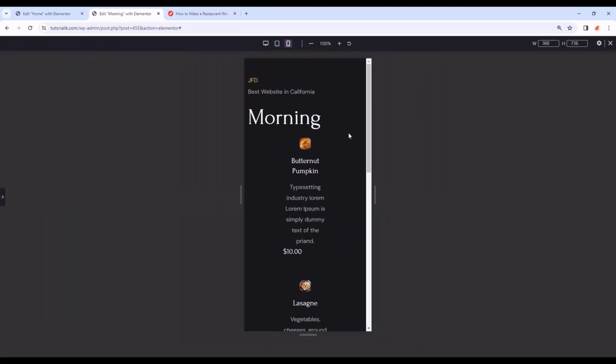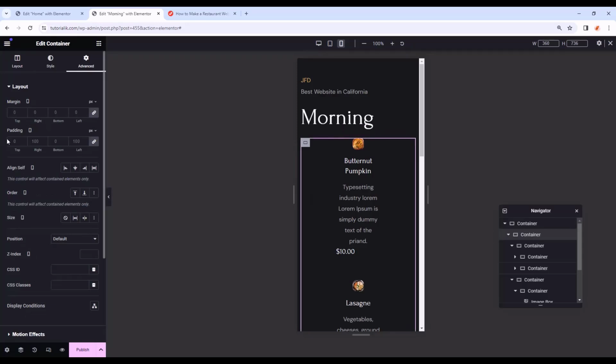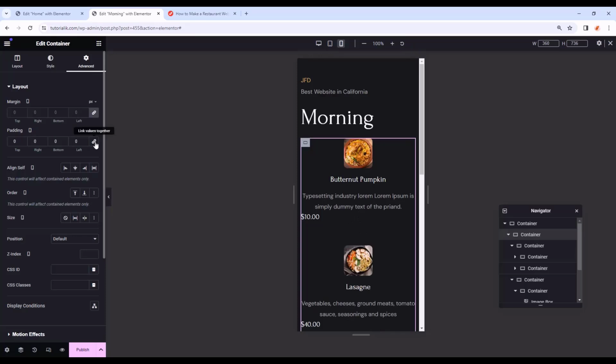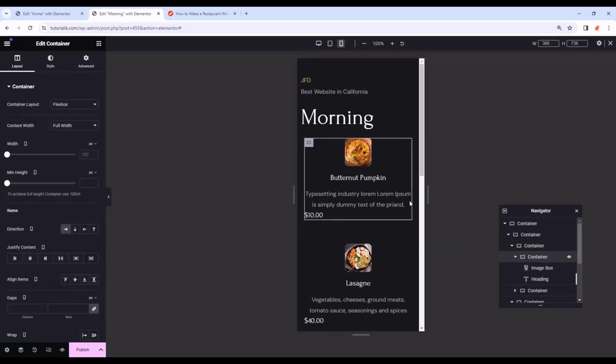Now let's check it on the mobile mode. In here, let's grab this container, and let's grab the second container here. In here we have so much padding on the left and right, so I'm gonna make it 0 and just make it 10 pixel on the right and 10 pixel on the left. Now I'm gonna select this container, the single one that holds up all the contents. Now from here I'm gonna make the direction vertical, then from the justify content I'm gonna make it center,